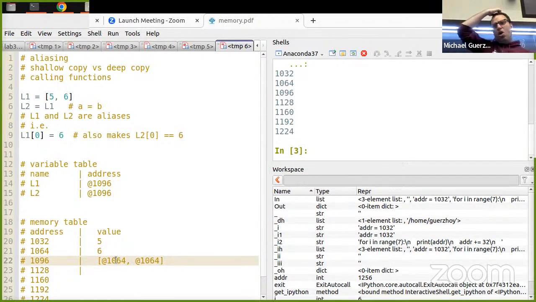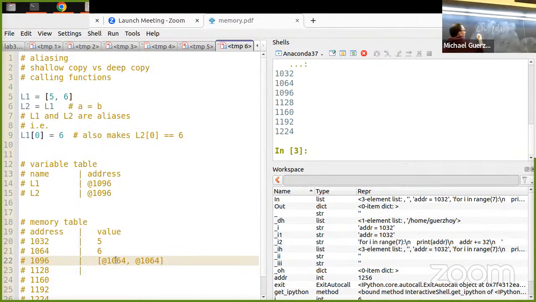All right. So we can represent it graphically as well. The way you would represent it graphically is you would say, okay, L1 is initially 5, 6. Extra bracket here.